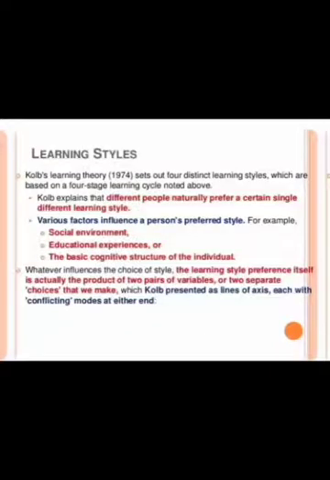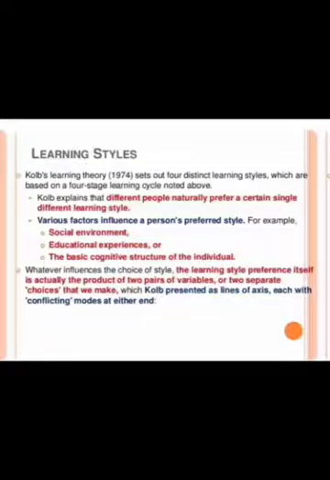Learning styles. Kolb's learning theory sets out four distinct learning styles, which are based on the four-stage learning cycle noted above. Kolb explained that different people naturally prefer a certain single learning style. Various factors influence a person's preferred style, for example, social environment, educational experiences, or the basic cognitive structure of the individual. Whatever influences the choice of style,